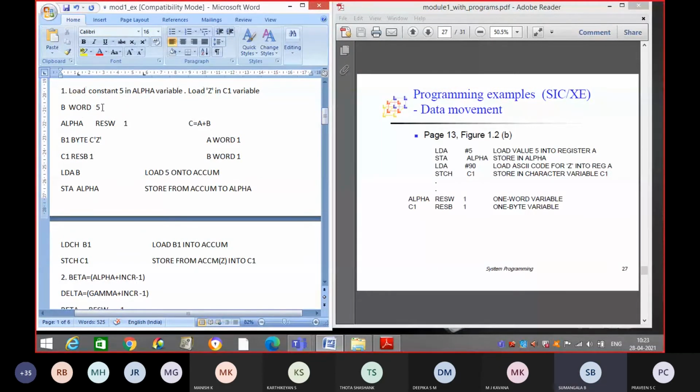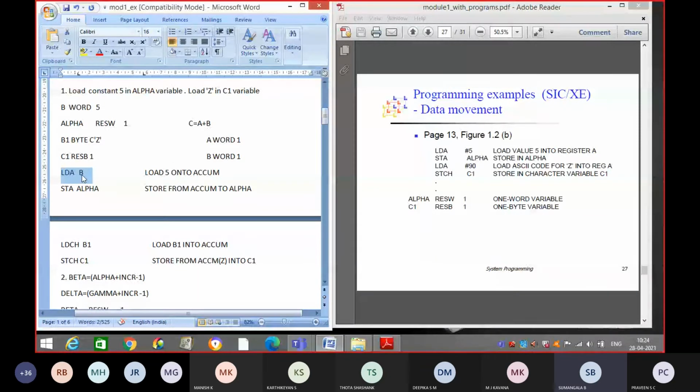So first you will specify LDA B, this instruction. When this instruction is executed, what will happen? It's going to load the contents of B onto the accumulator. In B we have phi, so that will get loaded onto the accumulator.